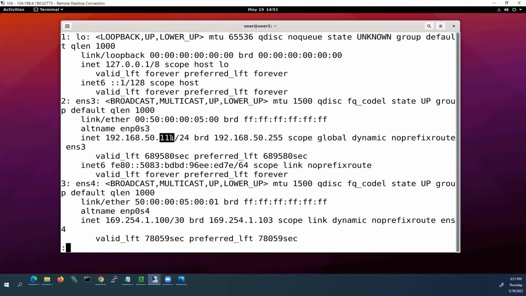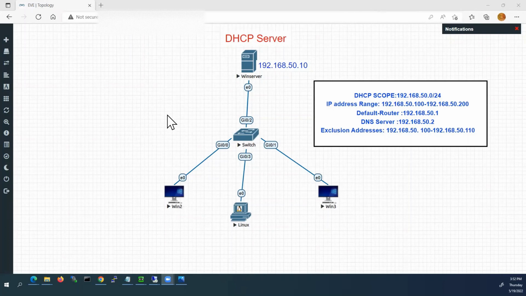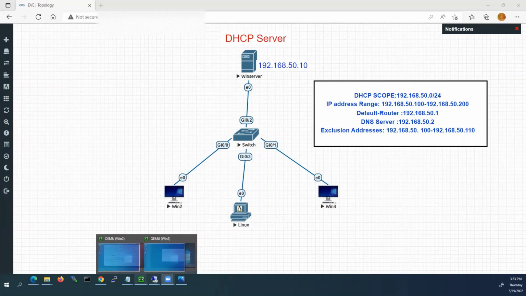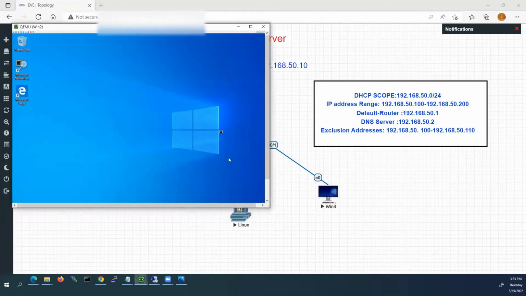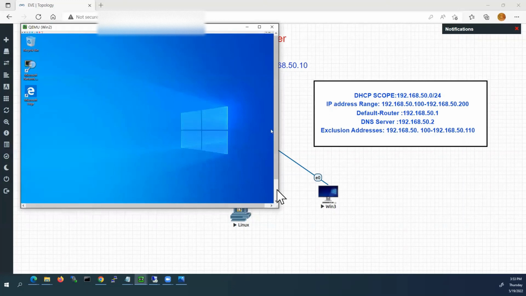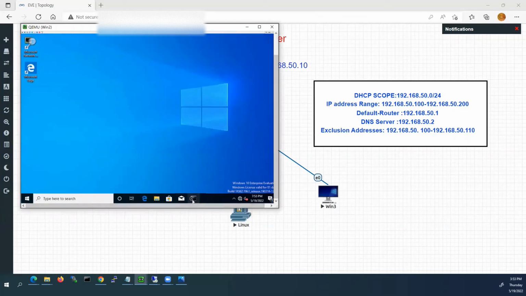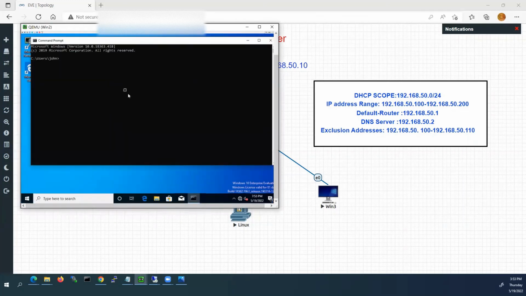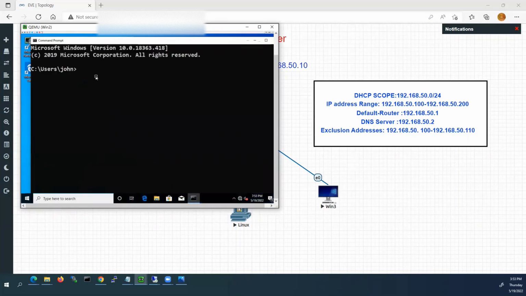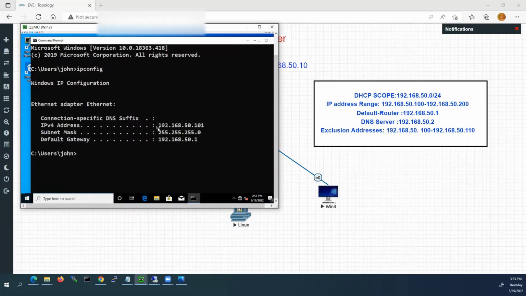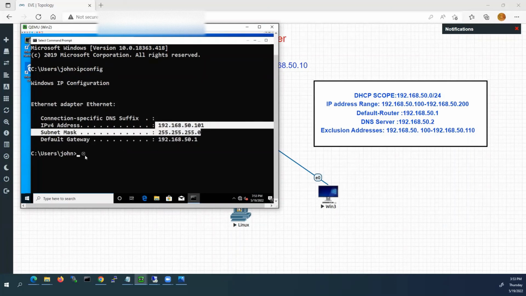Okay, next we will go to the other Windows PC and check. Now I will open the Windows PC. We'll go to this PC, Windows 2. Windows 2 I have opened. I already assigned a static IP address to this computer. You can check here, ipconfig. Here you can check. I already assigned the static IP address. Now I'm going to change it to